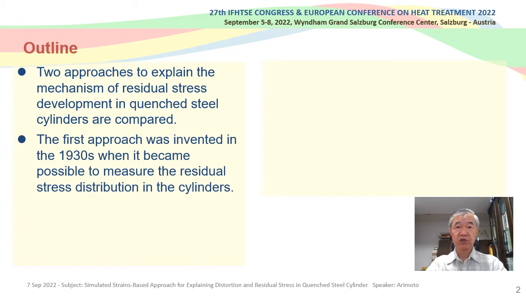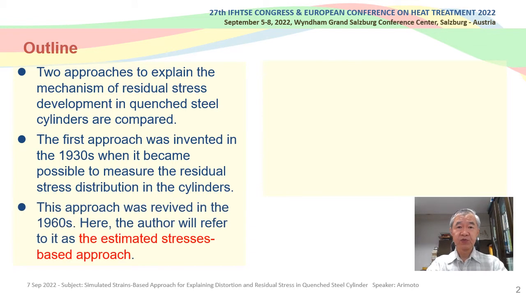The first approach was invented in the 1930s, when measuring the residual stress distribution in the cylinder became possible. The approach used the concept of thermal and transformation stresses. This approach was revived in the 1960s. Here, the author will refer to it as the estimated